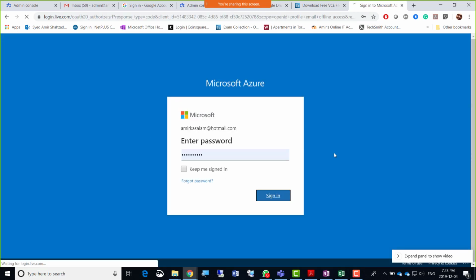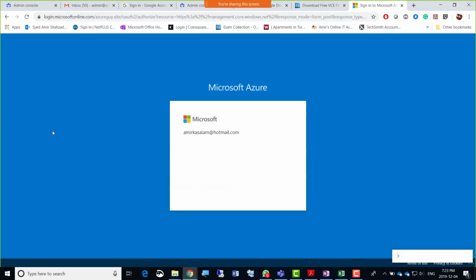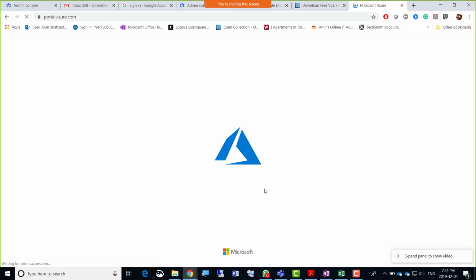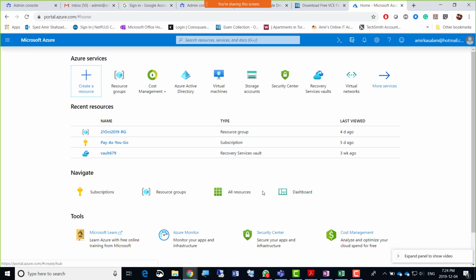And once inside the portal, yes, there is that MFA. I don't know whose idea it was to put the MFA. So 272.689, 272.689, verify. And once we're inside, we need to create a storage account and select